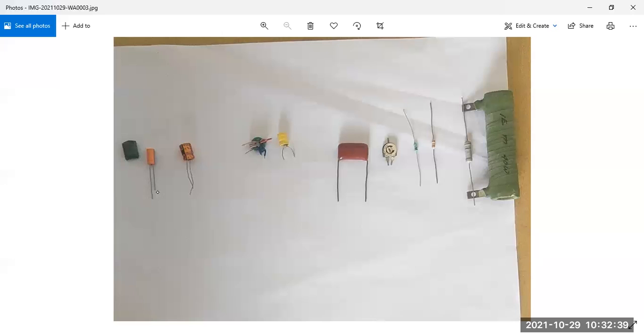Okay, these two legs are not equal. Negative legs are the upper, and negative legs are lower, and positive are upper. And here also, here no legs are there. This is called a silver mica capacitor, and there are so many capacitors. Whenever I talk about a capacitor, then I will go into the details. And this is the inductance. So now our study is inductance. We are going to another slide.